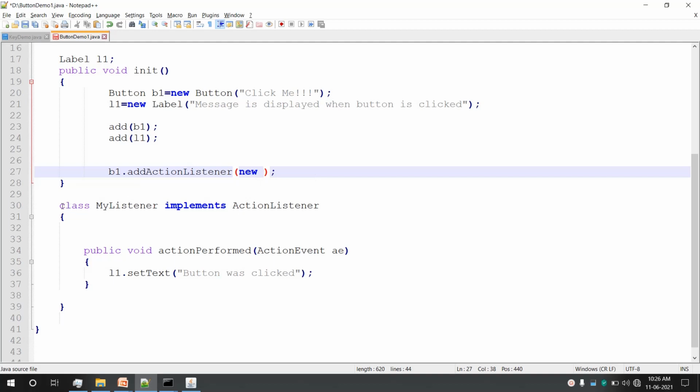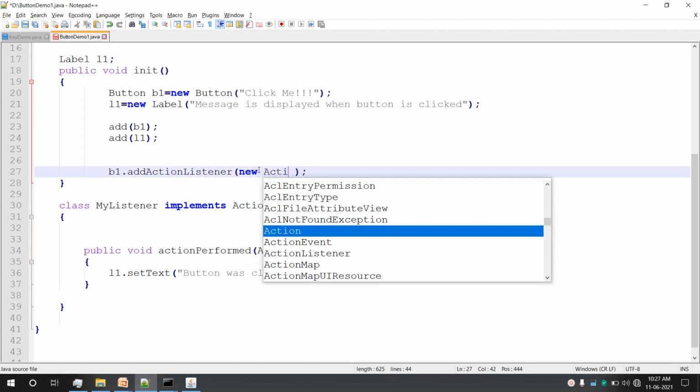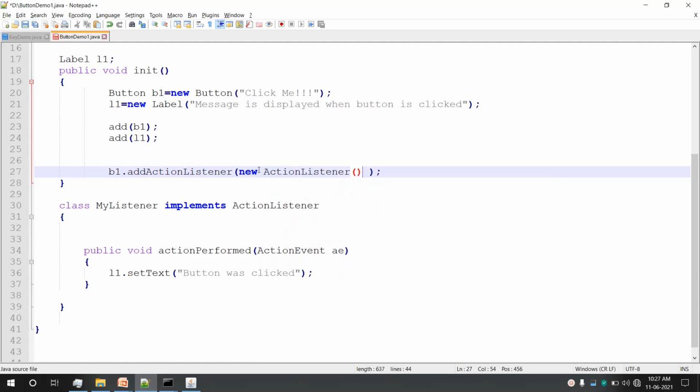Now if you look at this, this is our inner class, and this inner class is inheriting action listener. So when you are declaring this inner class completely here, then it is an anonymous inner class, which means there is no need to declare this part, the name of it. Directly we can say new action listener, and the round brackets will follow, open and close. So this line is almost equivalent to this line which is used here.